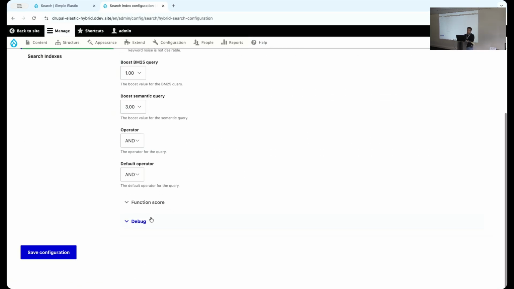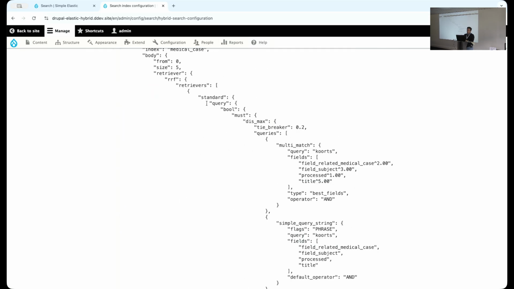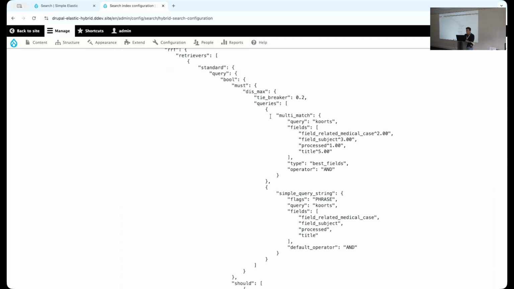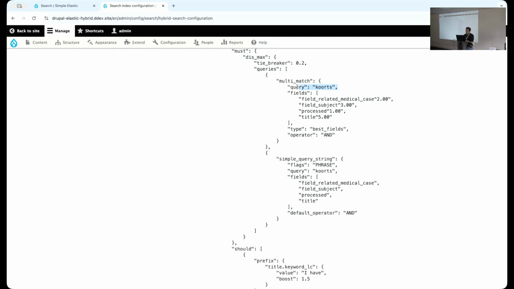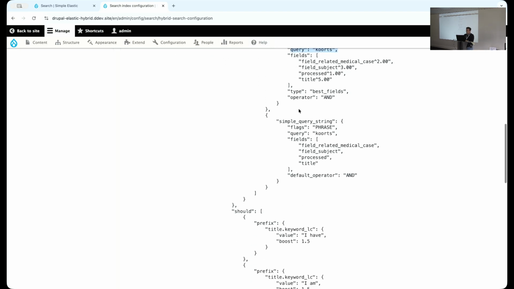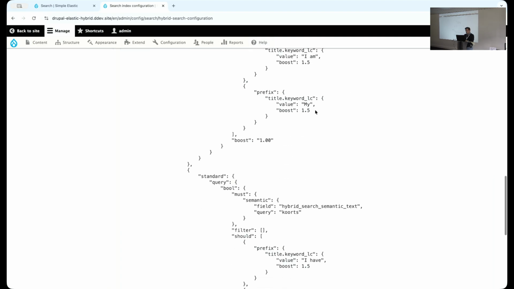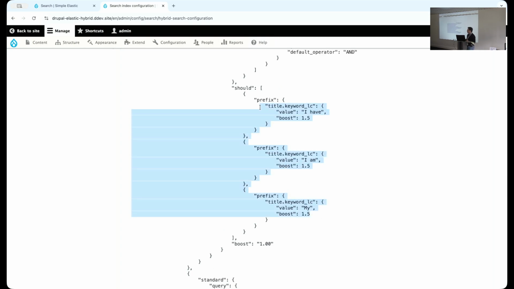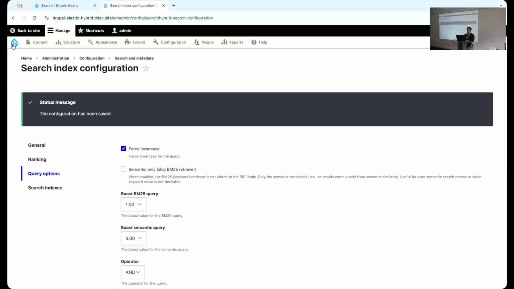And we can see that in the debugger, that right now we do see the, where is it? Yeah, here we do see the keywords. This is just a default query, and here is the hybrid search semantic. And here we see all the boosts that we described before. And I said, okay, but why are we using the boost? We use the boost for the keyword side. And then we get the score from the keyword, we get the score from the semantic, RRF, and they give us the final results. And now, if I search,